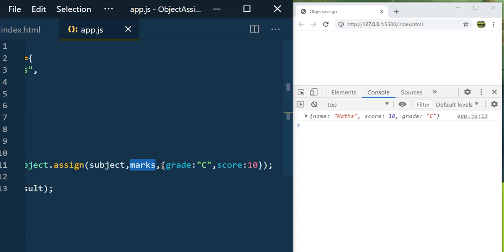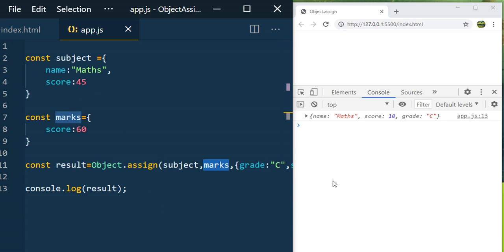This means the last object is given the priority. That is the reason the score value is 10 instead of 60 or 45. So this is how you can use Object.assign to merge objects and to copy the values and properties from one object to another object.